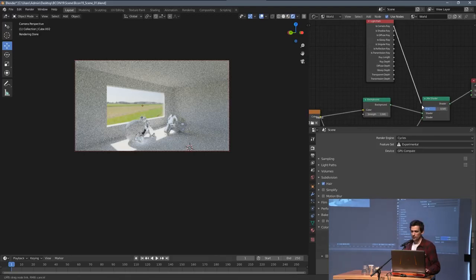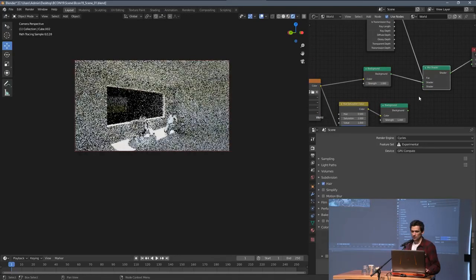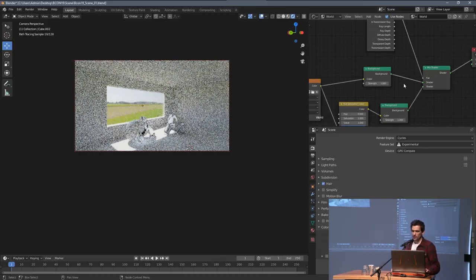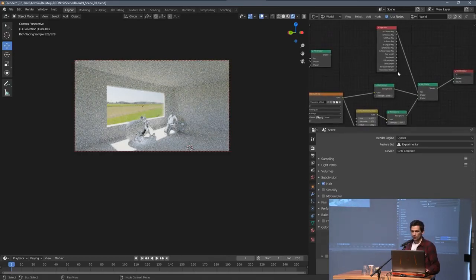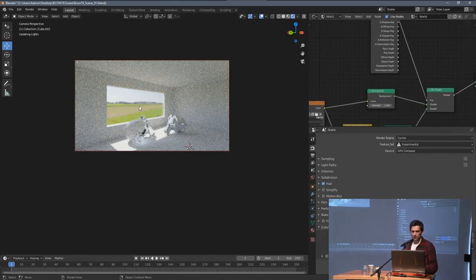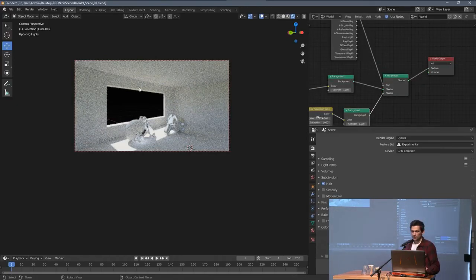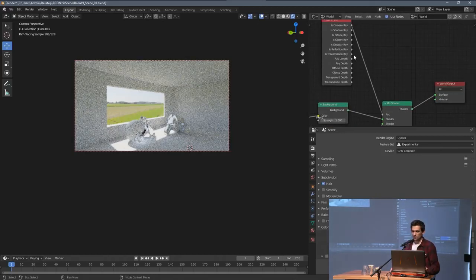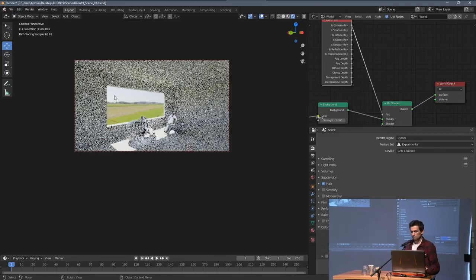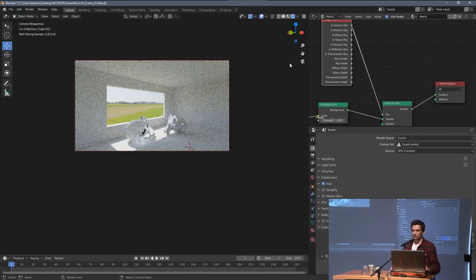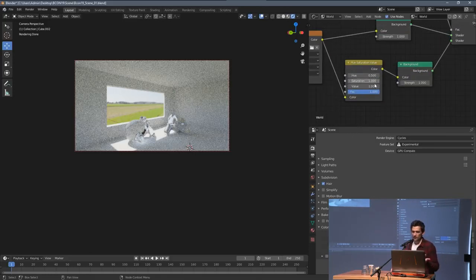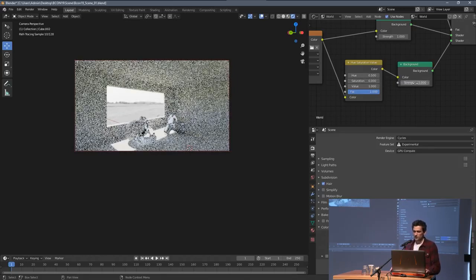So if I set it up to the camera ray, and by the way, now I'm going to just see, yeah, this is the camera ray. Is it or not? Sometimes you need to hide those glass elements because... yeah, okay, that was a camera ray anyway. I just hide the glass panel because sometimes you have to use the transmission ray since the light has to go through the transmissive element first. But anyway, right now with this very simple setup, I'm able to totally desaturate the background, increase its strength,